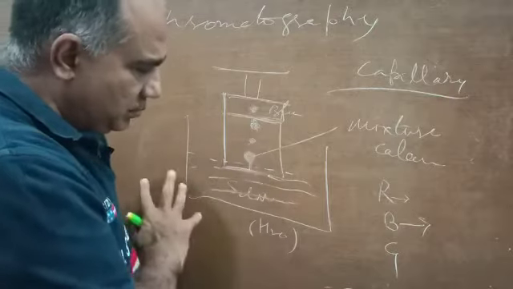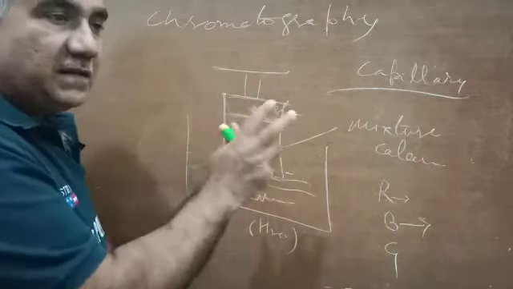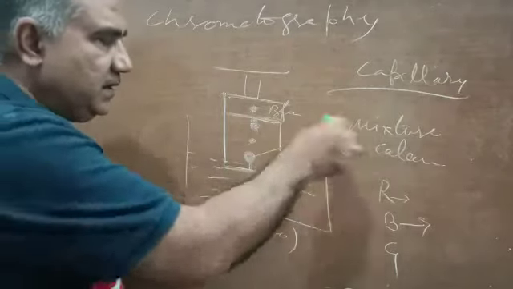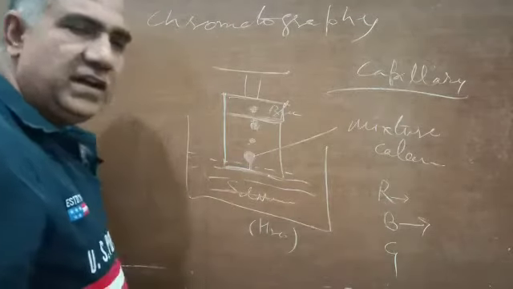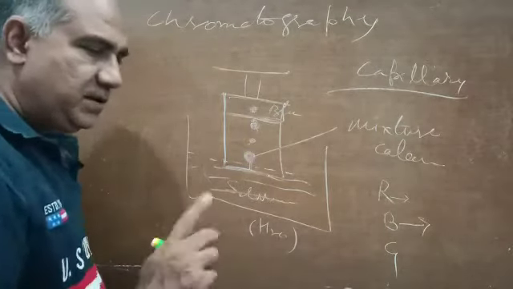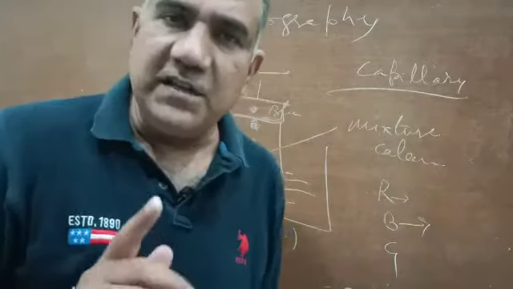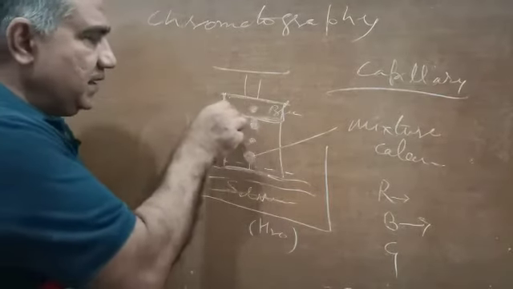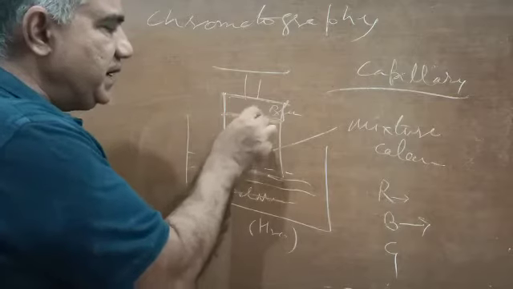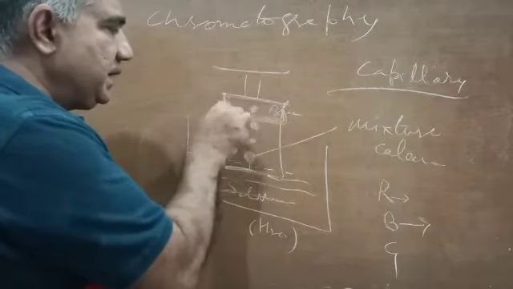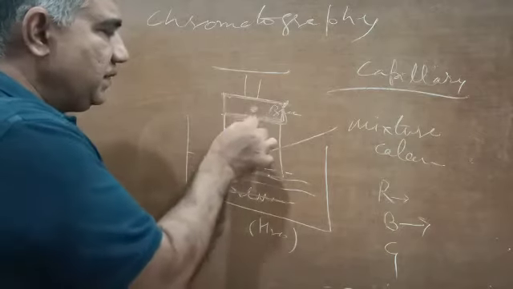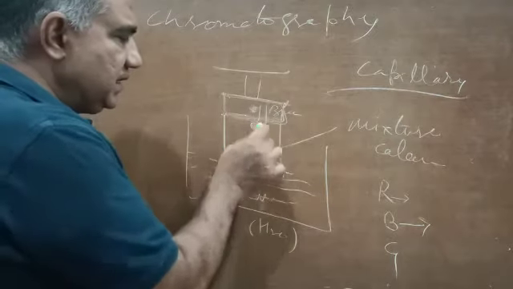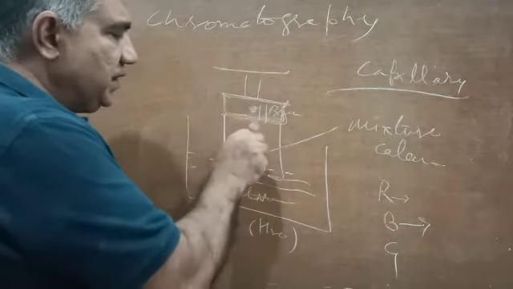So this was all about chromatography. I told you chromo means color, graphy means writing. So chromatography here is the technique by which we are separating different components of a mixture, and they are all solids and they are usually found in small quantity. The requirement is that every component of the dye must be soluble in the same solvent, and also their solubilities must be different. And they cannot ride over one another because water beyond certain limits cannot be taken up by the filter paper. After its capacity to hold the water is over, water will not travel to these heights, it will travel to lower heights. So it will carry the colors that are dissolving to lower heights, so they get separated.